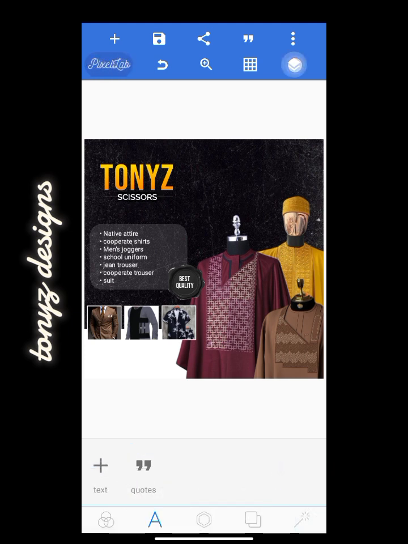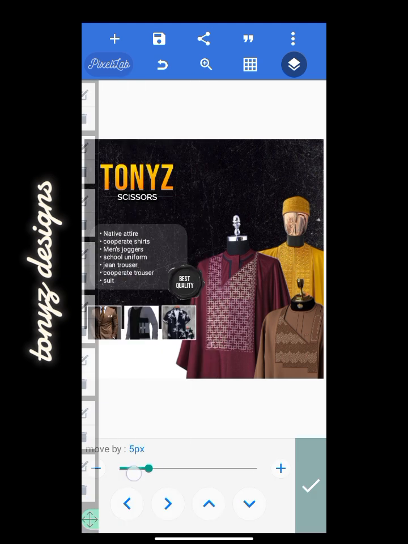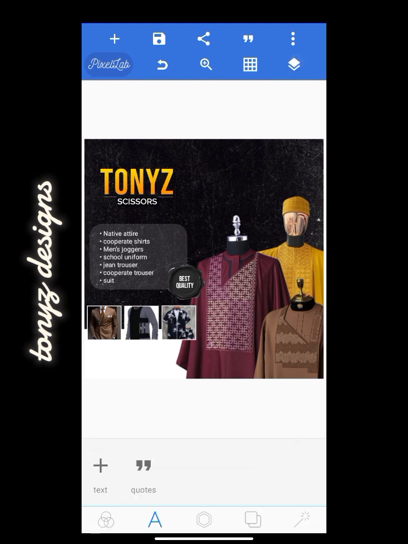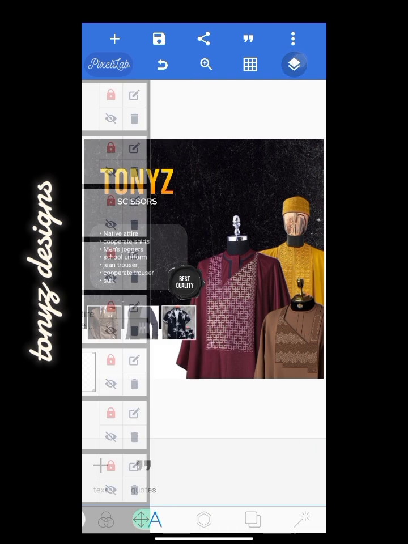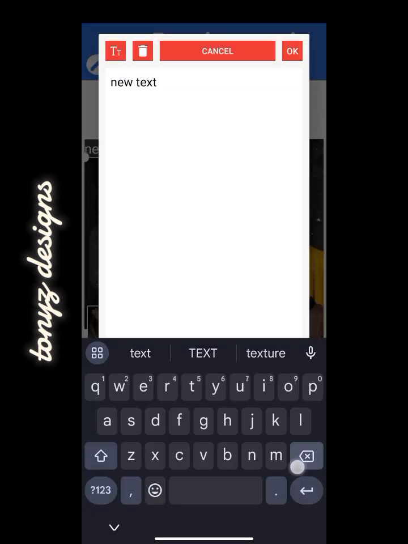Okay, and we'll go over to layers and select the two and take them down a little bit. Okay, so once that is done, we'll just go ahead and lock this. Okay, and we'll go over to text again. We'll be adding a text